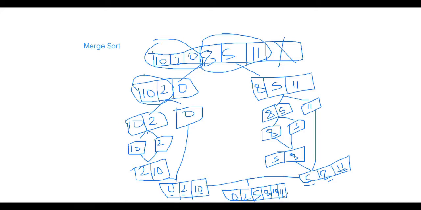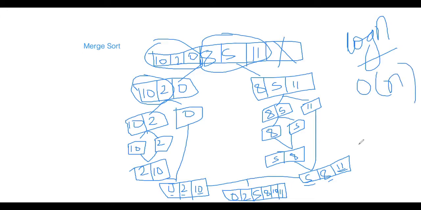Do you have any problem in understanding this? So here also you can understand that since we are always dividing from the middle, we will divide log n times. And in the merge part, in each merge, we will do O(n) operations, because here you will see we are writing n times. So in the merge, we will take O(n), and we will be merging log n times. So it will become O(n log n), and it will always be there, right?